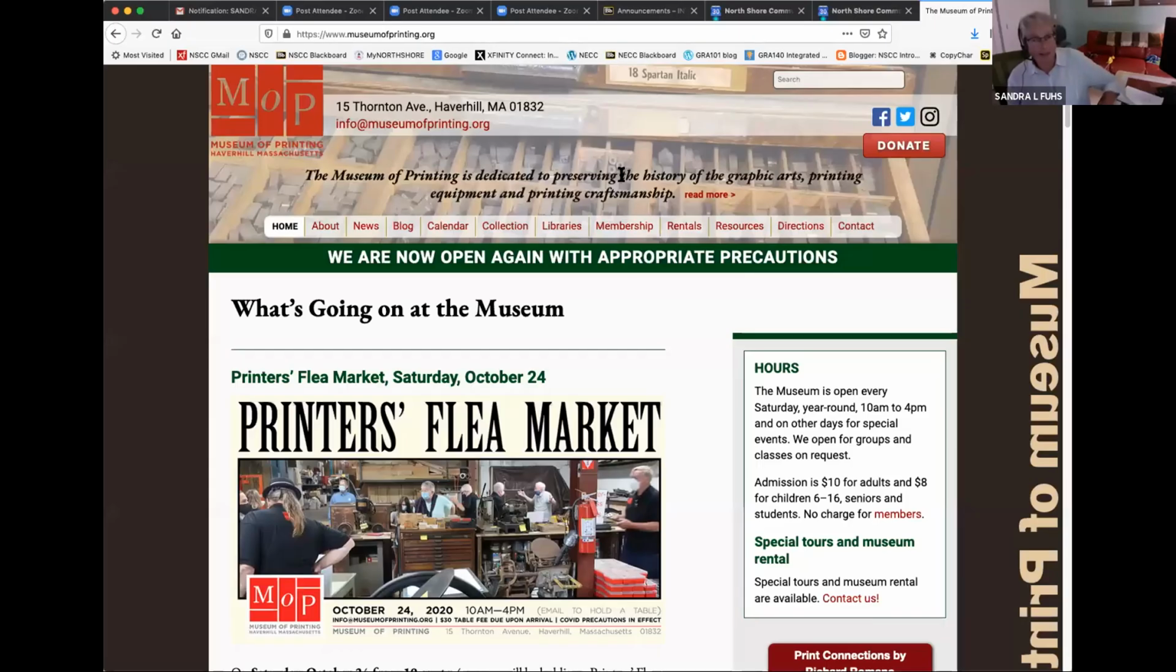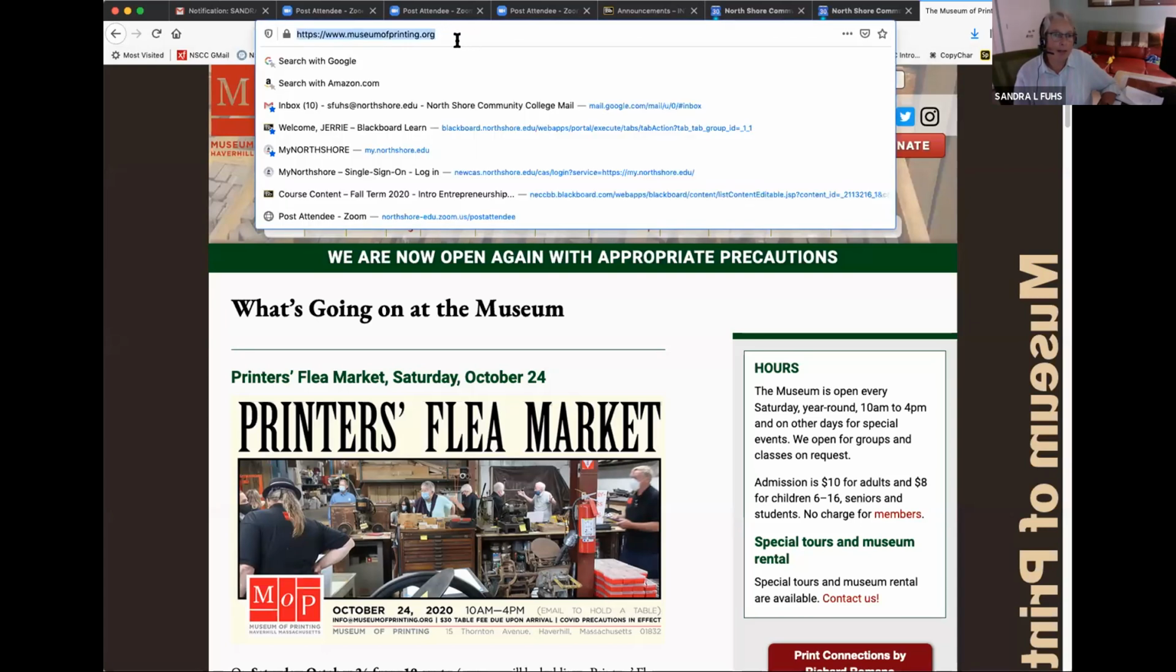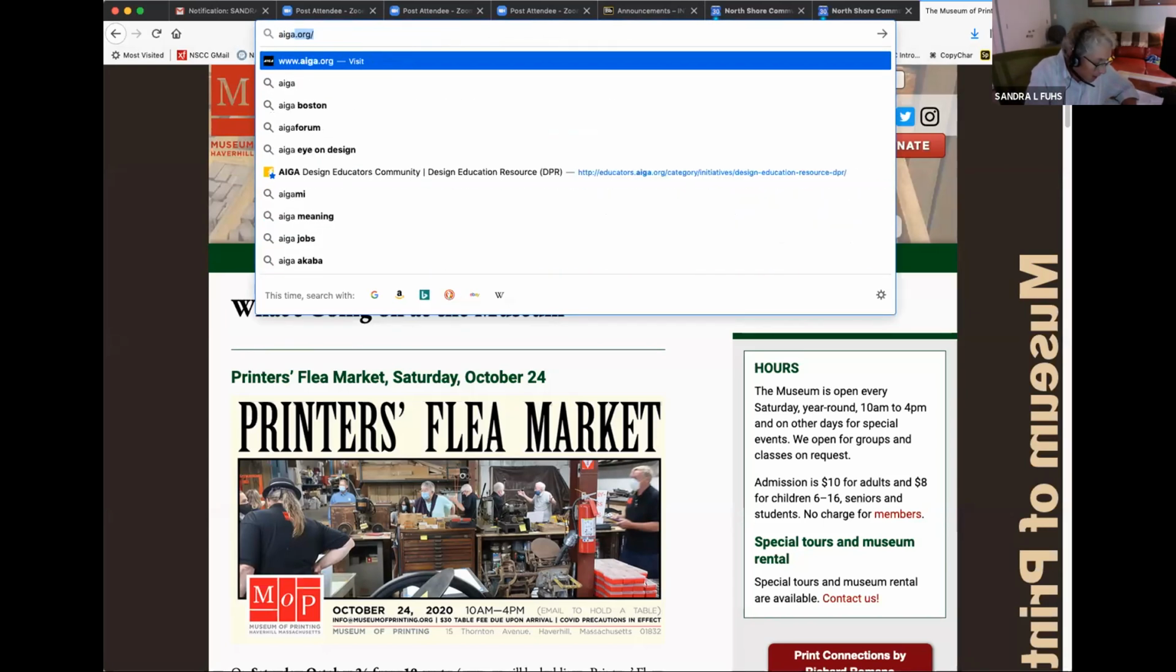AIGA, and I'm going to go out and let me see if I can find Firefox. And there's the good old printing museum up in Haverhill. If you came in late, we talked about that a little bit, if you want to see some historical type. But if I look at aiga.org,